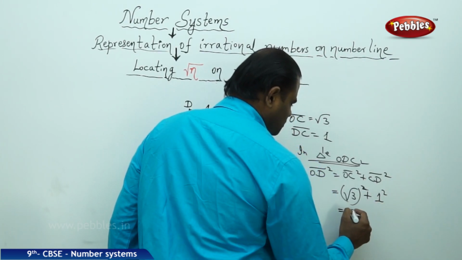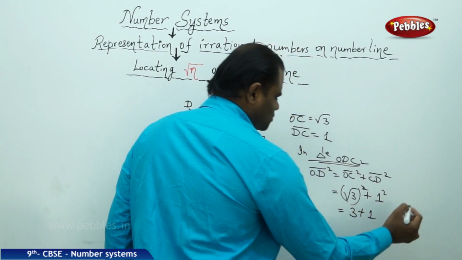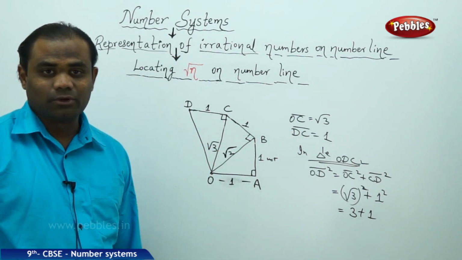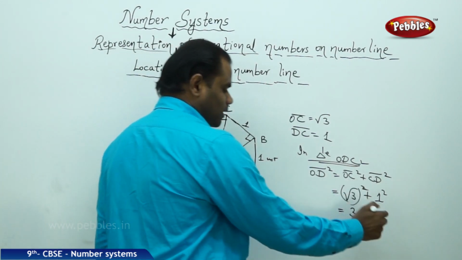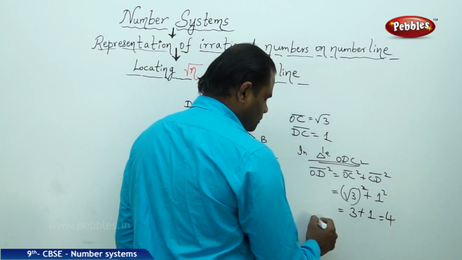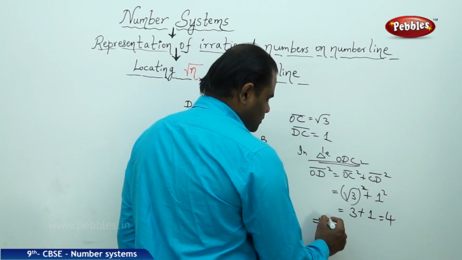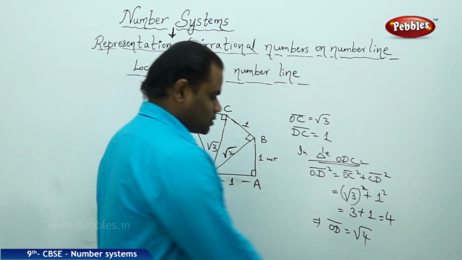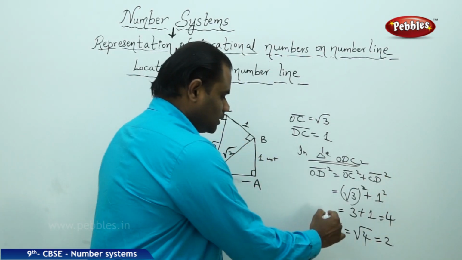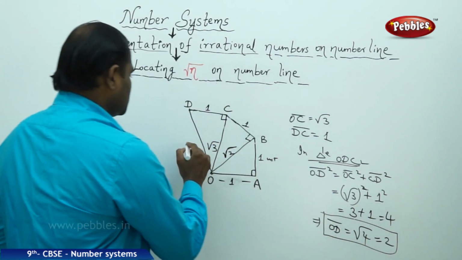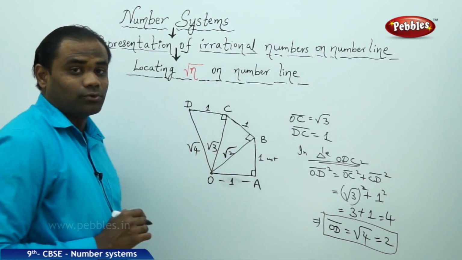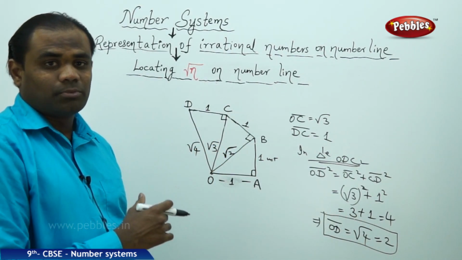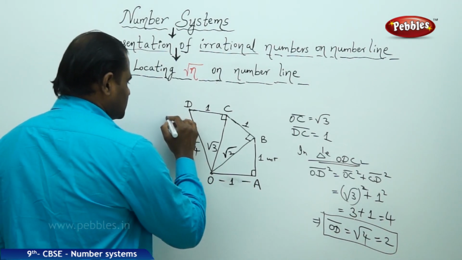Now this root 3 square is 3 and 1 square is 1. With square root, the root gets cancelled with the square. I get this to be 4. Then I get my OD, which is root 4. Of course, root 4 is 2. So my distance OD is root 4, through which I again proceed in the same process,